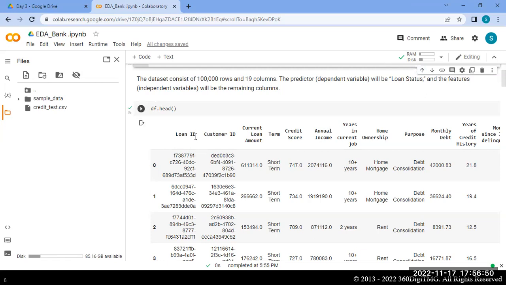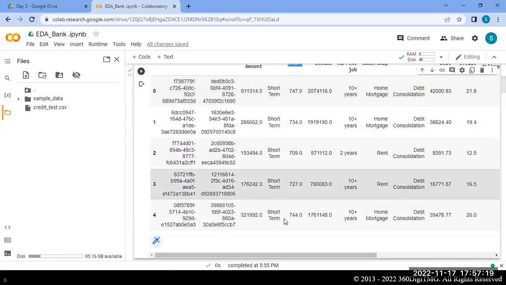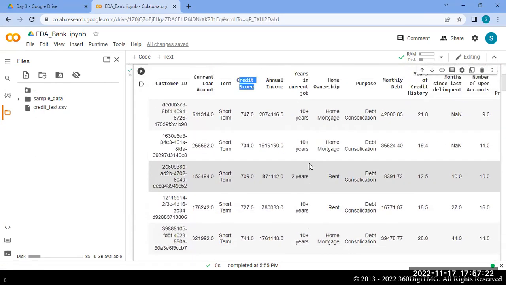Loan ID: whoever applied will be given one loan ID. And then the customer ID. And then we have current loan amount, so how much loan the person already has. Terms, whether it is short term or long term. And then credit score, which they will look at in order to give you a loan.